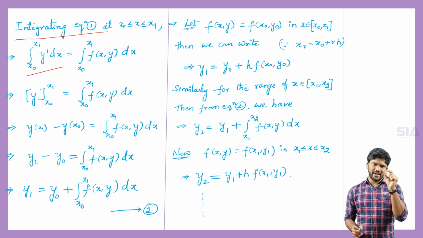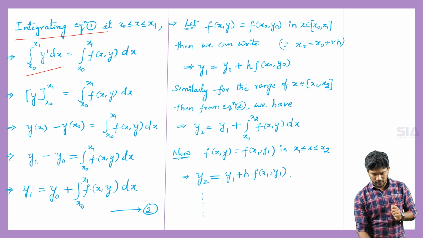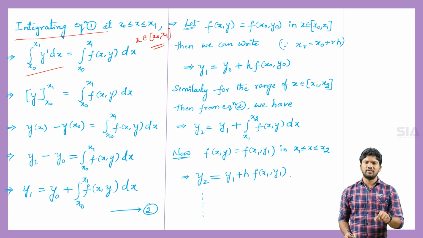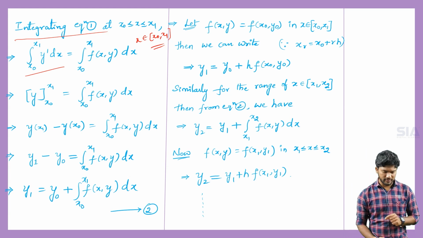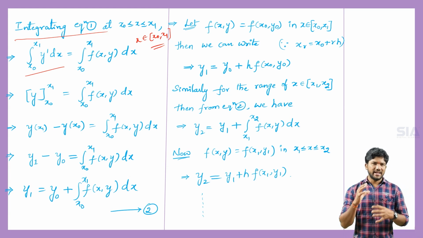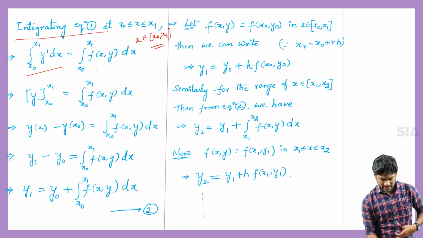interval x naught, x1, where small x belongs to the closed interval x naught comma x1. In that interval only we are going to integrate that equation. Therefore, integration over x naught to x1 of y dash dx is equal to